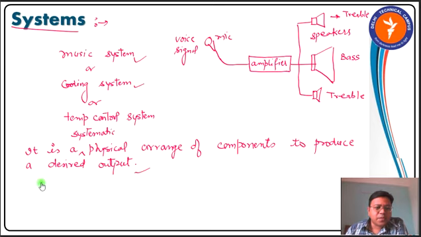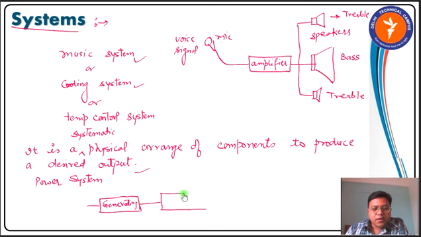Let us discuss one more example. Say we generally use a power system. A power system is the systematic arrangement of a generating station, where the electricity is generated, which is directly connected to transmission lines, where this generated electrical energy is transmitted to distant places, and at the distant